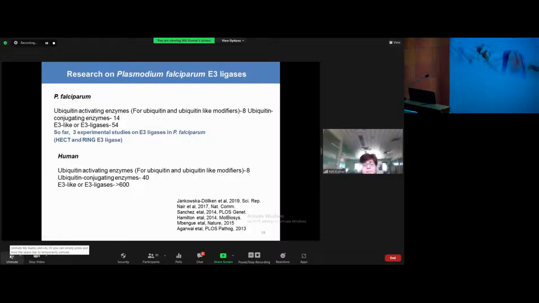And with artemisinin resistance being associated with an adapter protein involved in the protein degradation pathway, these E3 ligases become even more important to understand their biology